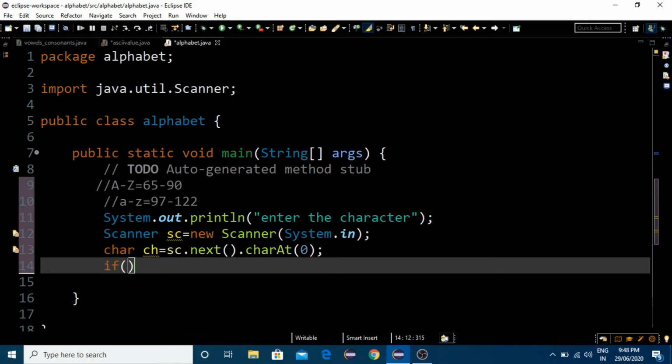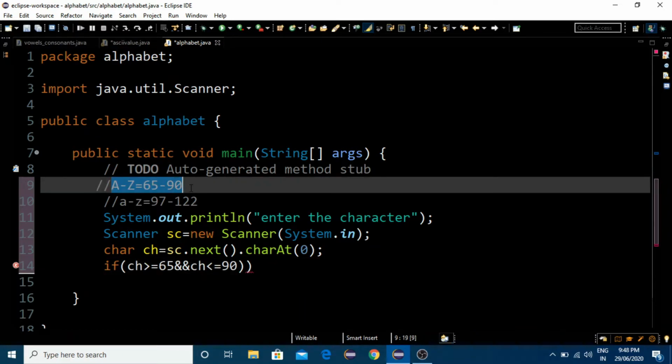Now we shall write the if statement to check the conditions, that is, if ch is greater than or equal to 65 and ch is less than or equal to 90. These are the ASCII values of the capital A to Z alphabets.